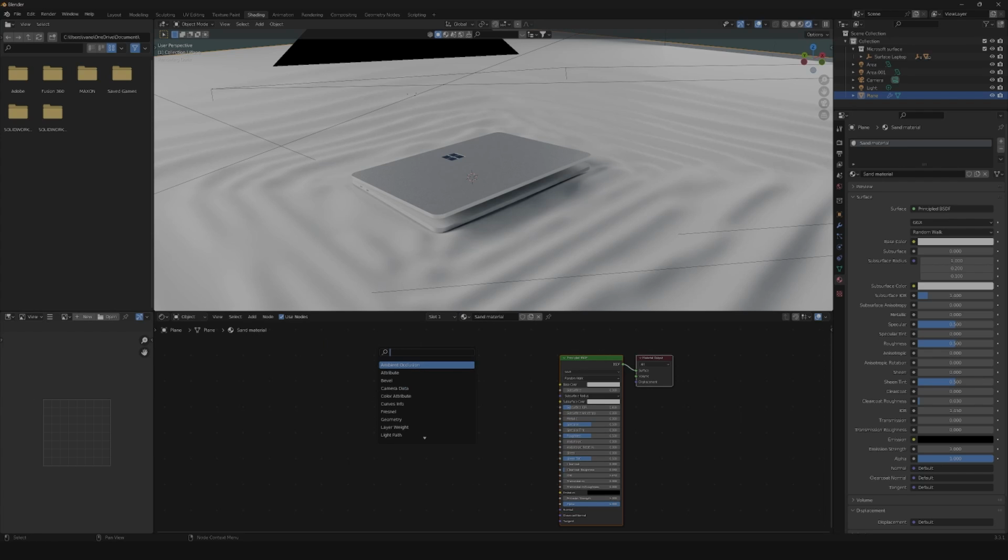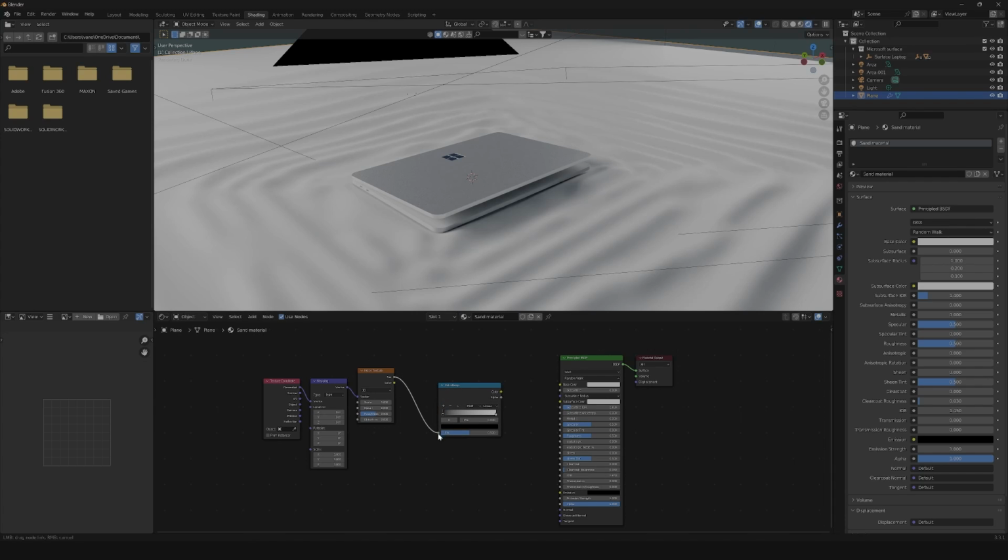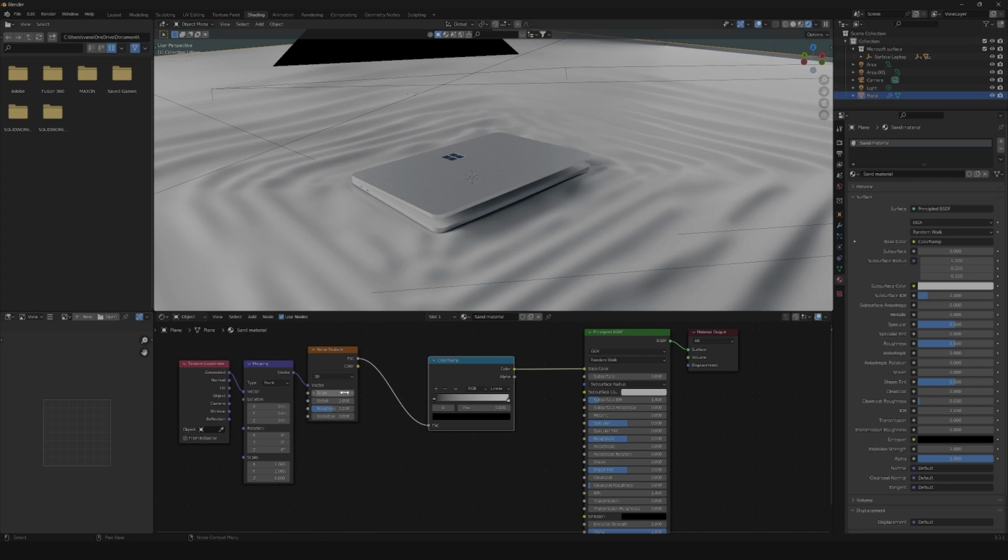So let's start with a noise texture. Let's press Ctrl T, then add a color ramp, and let's drag the factor into the factor and the color into the base color, and we start to get something. Next thing we're gonna need is to change our scale to 2, our detail all the way up to 50,